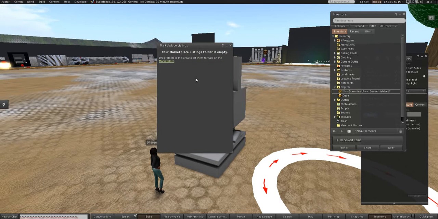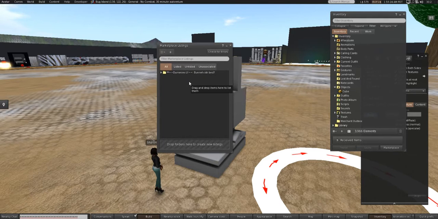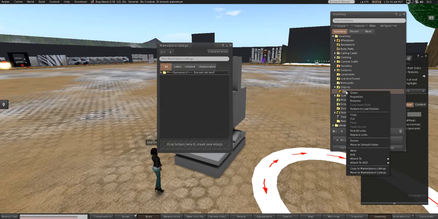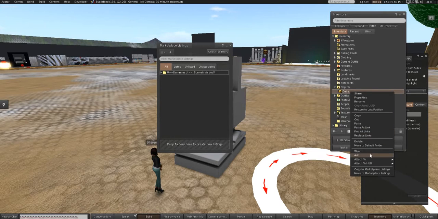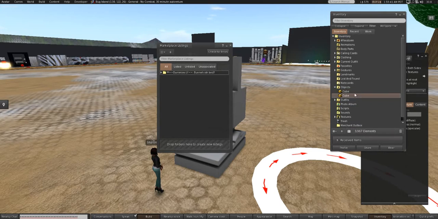And it says your marketplace folder is empty. Drag folders to the area and list them for sale in the marketplace. So let's take this and just drag it into there. Now, one thing that you want to make sure that you do is that you send a copy to the marketplace and not the original item. I made the mistake of just doing that right now, but let's just take this cube real quick, and we want to copy and then paste it,